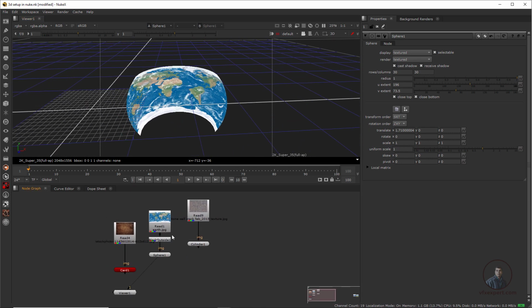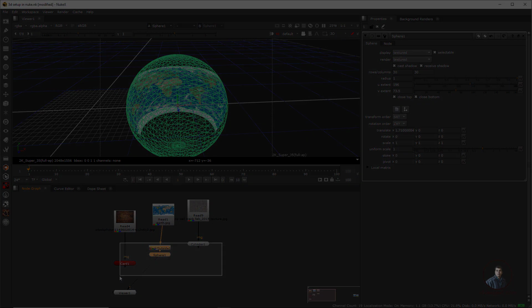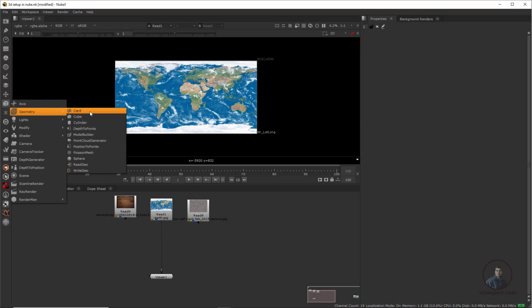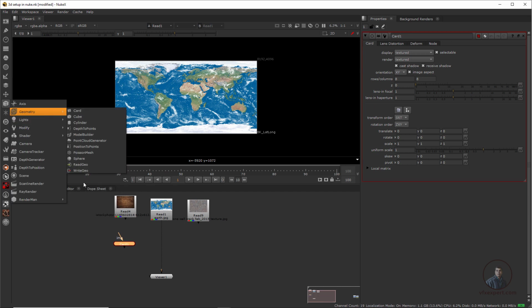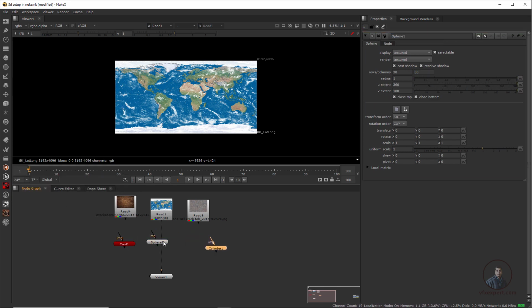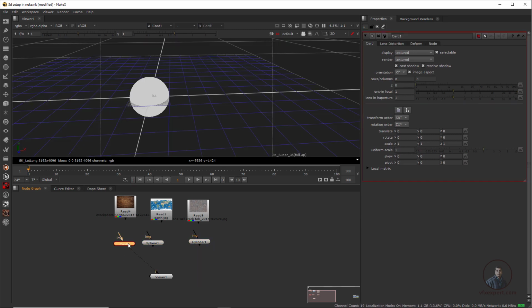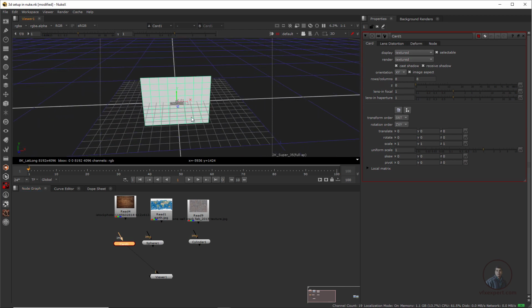So now I am going to delete all these 3D nodes here and we are going to create basic 3D setups here. Take this geometry and create a card. First card here, then take cylinder. So now with the help of this geometry, I am going to create our basic 3D scene and setups here. Then double click here on card. So this will show you this card.